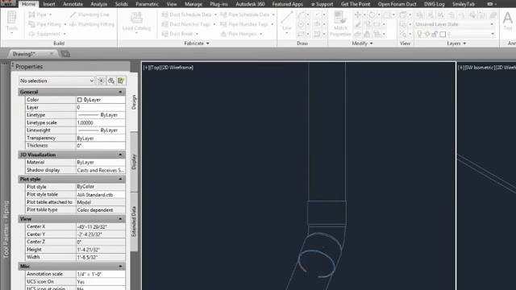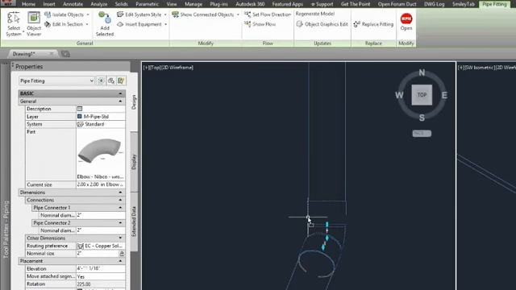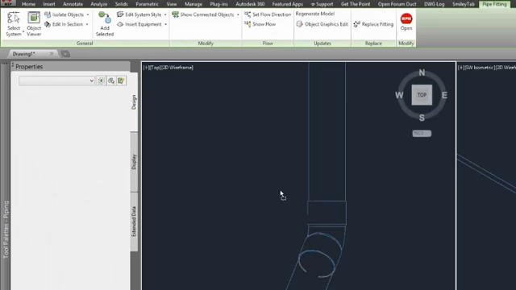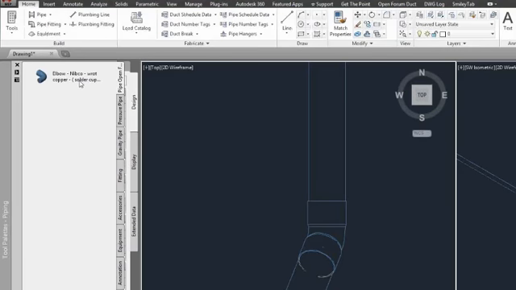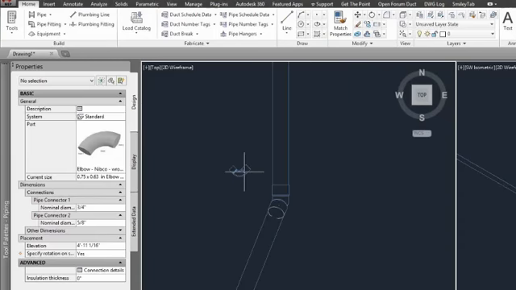So again, I'll select that, left click on it, hold the mouse button down until you see the rectangle at your cursor. Then you can bring it over and drag and drop it onto a tool palette. Then you'll get that fitting up here on your tool palette, and then you can select that fitting, and it'll bring it right into your drawing for you for placement wherever you need it to go. So if we come to the end of this pipe,